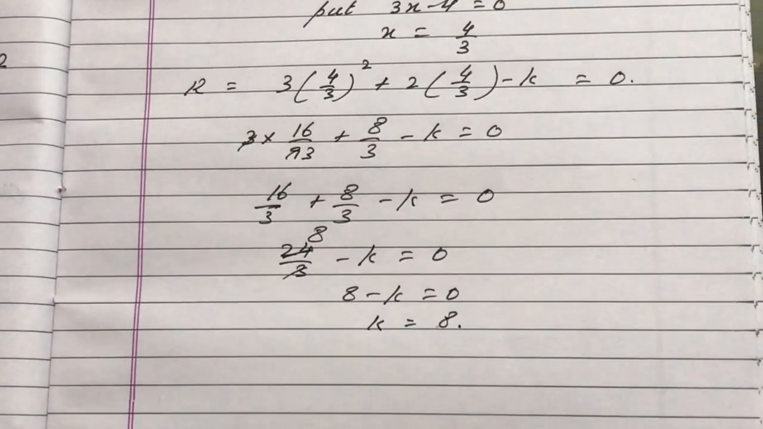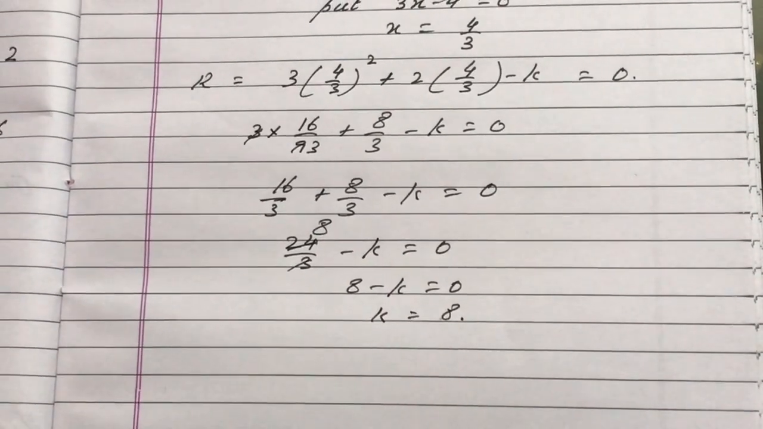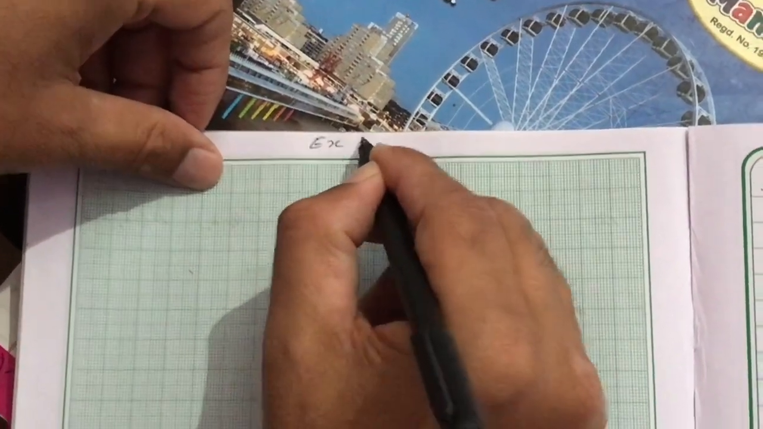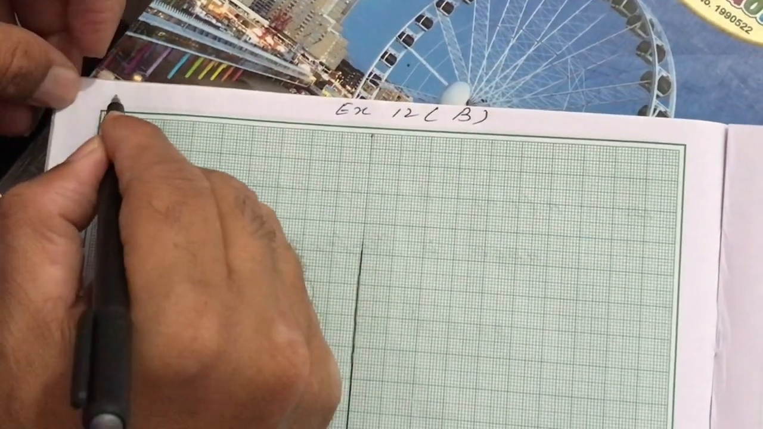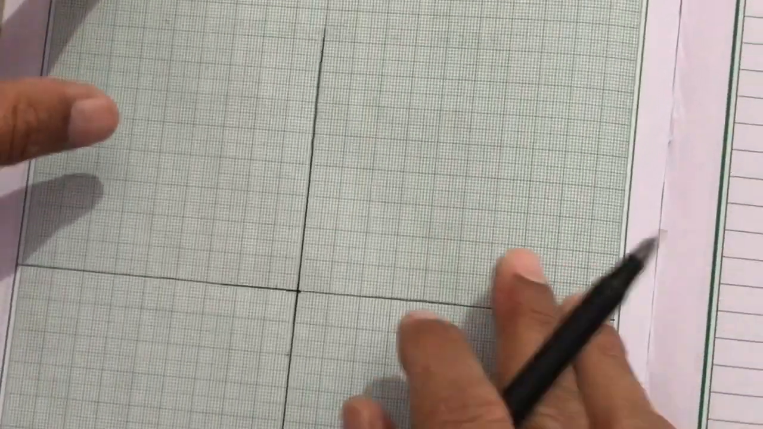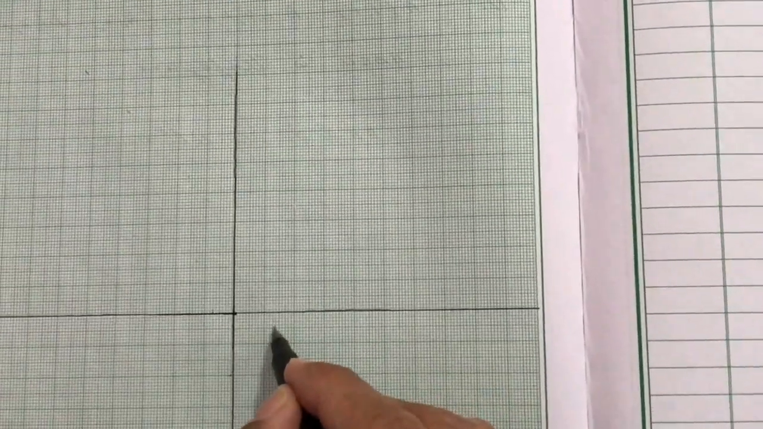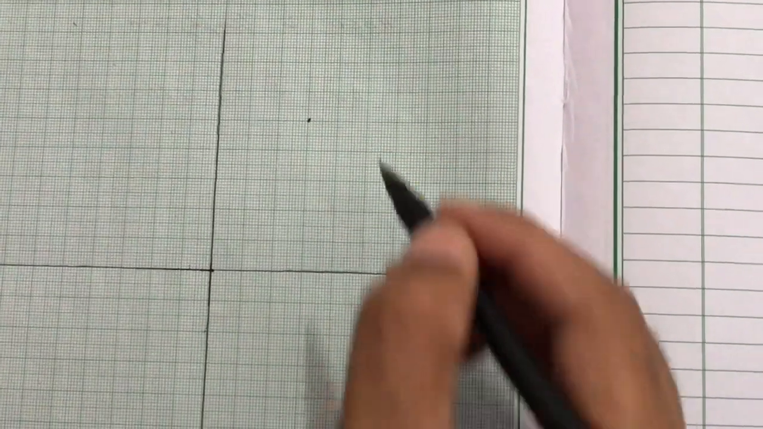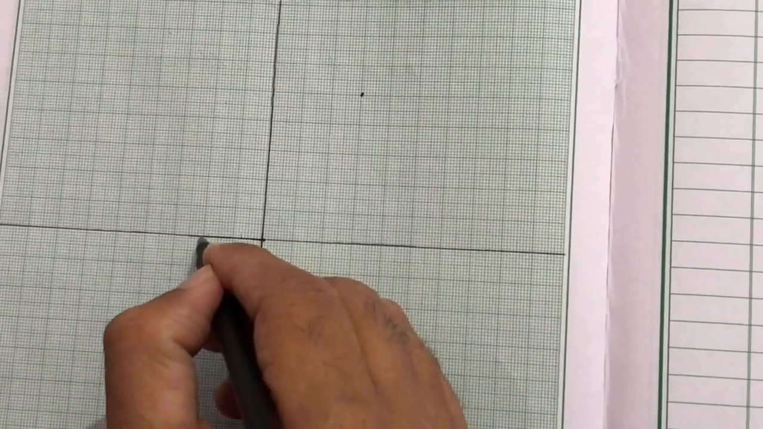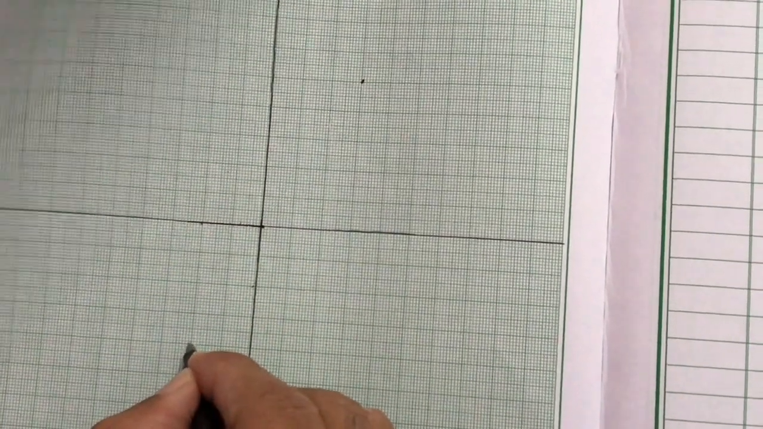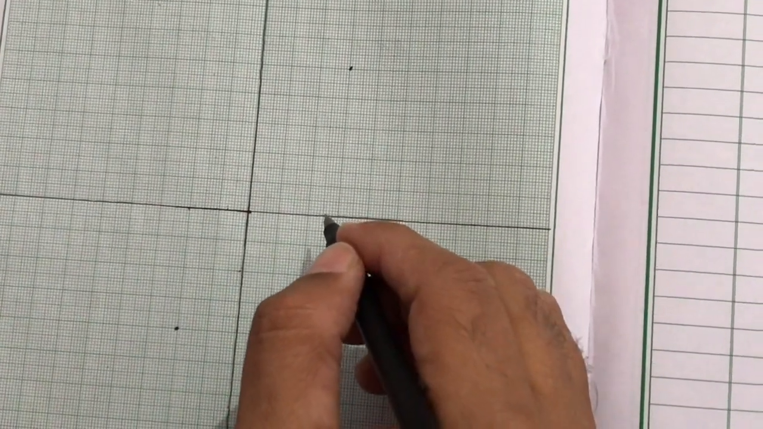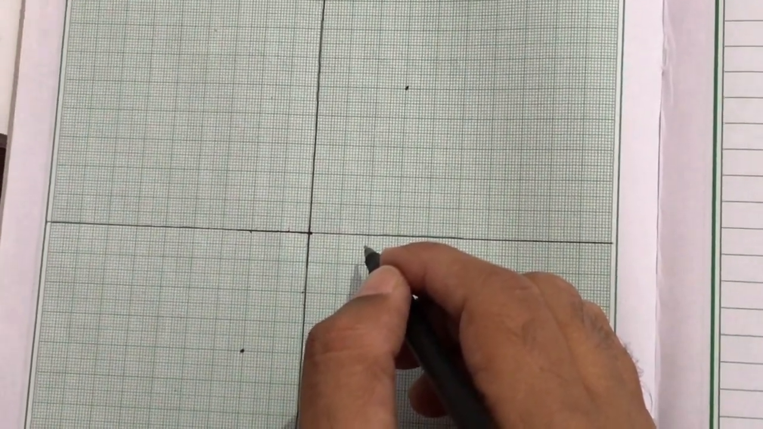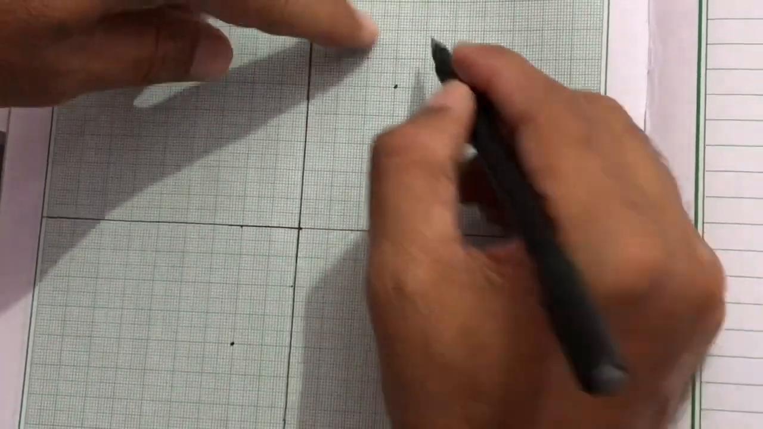So in this way you can do the first part also. Students have asked to solve question number 9 of exercise 12b. Question number 9. It is very much easier, nothing difficult about that. A is 3, 5. B is minus 2, minus 4. These are 2 points. A dash is the image of A when reflected in the x-axis. So when I reflect it in the x-axis,